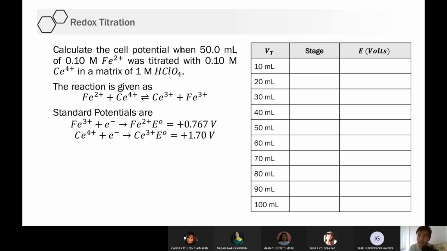But let me give you an idea how to start with this one. Okay? So, di ba, this is titration. Ibig sabihin nun, first step para te is to solve for the VTEP. Hanapin mo yung equivalence point always. The volume of titrant at equivalence point. Okay? So, let us do that. Ito yung analyte kasi siya yung unang sinabi. Di ba, ganun yung ginagawa natin sa acid base. Ganun din dito. Kung sino yung unang sinabi, yun yung analyte. Then, ito yung titrant.